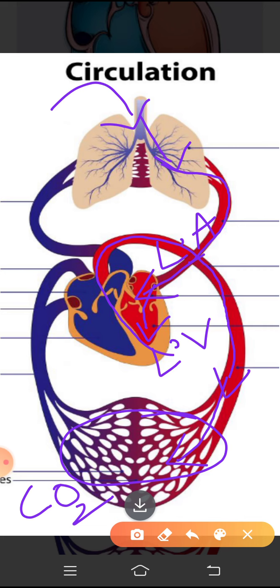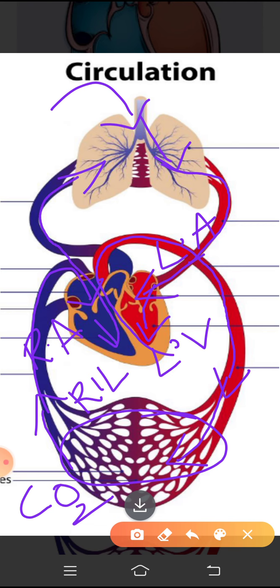So now this carbon dioxide which is released into the blood, the blood which is called deoxygenated blood, enters the right atrium, and from the right atrium it reaches the right ventricle, right? Now from the right ventricle this blood goes to the lungs and the carbon dioxide is received, and this carbon dioxide is exhaled out, right? And the remaining blood again becomes oxygenated.